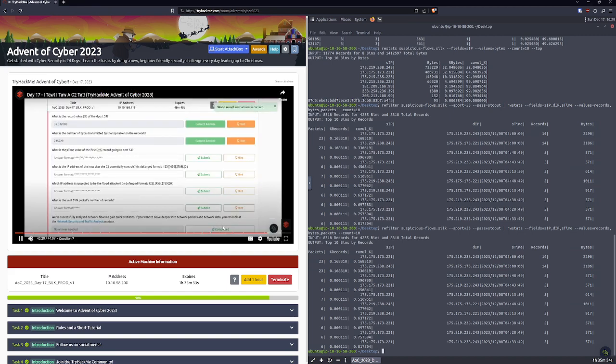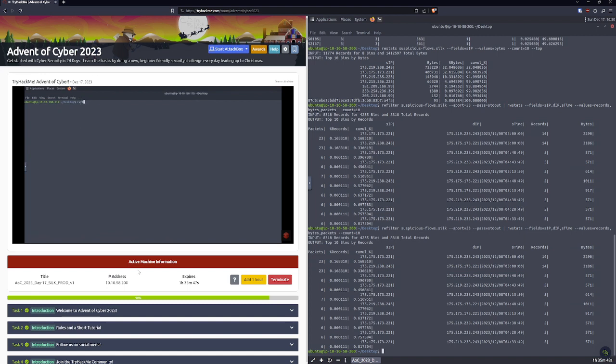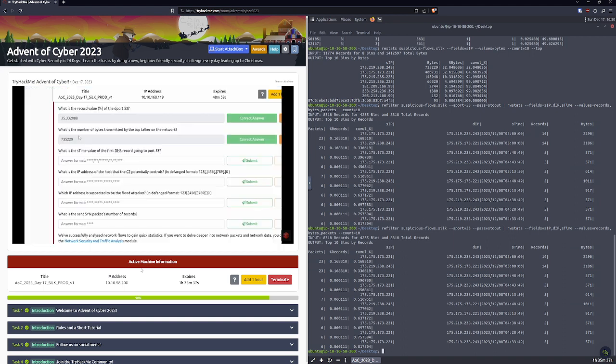What is the S time, or what is the source time value for the first DNS record going to port 53? Okay, so for this one, we can do RW filter. We want to pass in our log here, and we want to look at port 53 specifically. And then we're going to pass this into RW cut to read the lines, and we want the S time